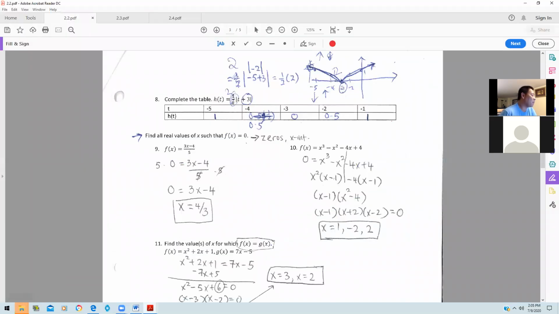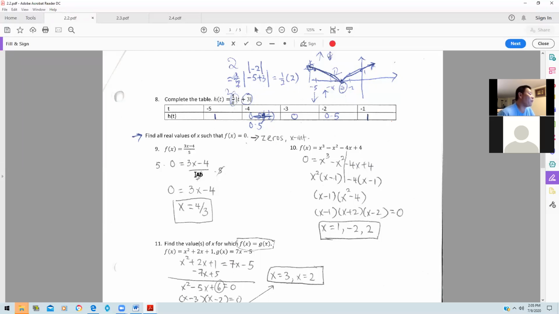Next is just plot it. Next, I would just go on to this more difficult ones here. So this is called the zeros, or the x-intercept. Means they want you to find f of x equals to 0. So you just put 0 in your f of x here, and you try to solve for x in this